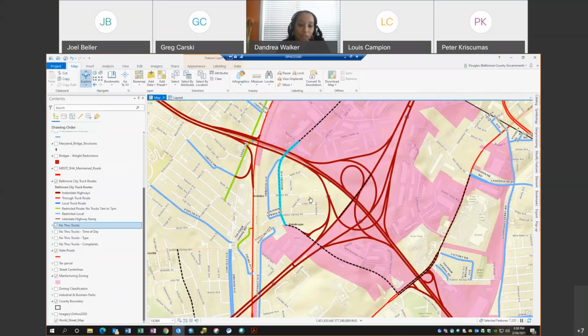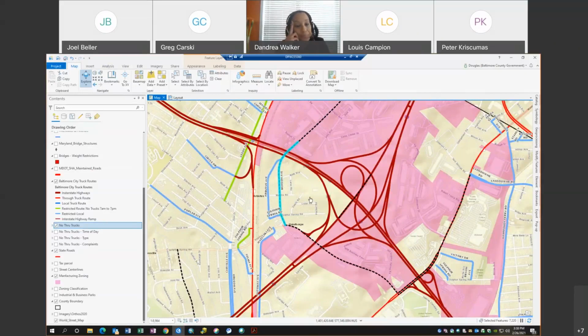We already have it as restricted to local traffic. If we did a complete restriction, they couldn't get to the neighborhoods to do deliveries and things like that, correct? So there's no other option but cameras? Is that what we're saying? It's a 3-truck restriction from Sulphur Spring to that end of the blue line there.